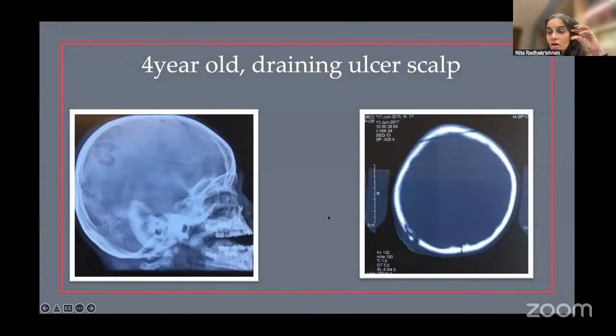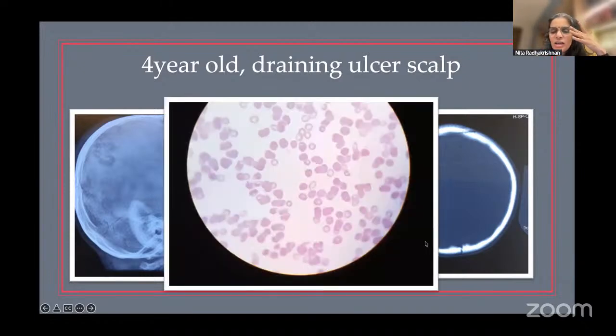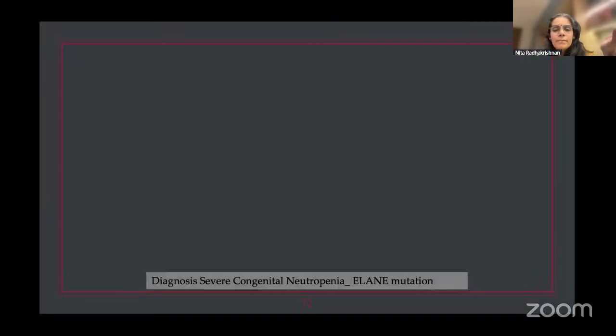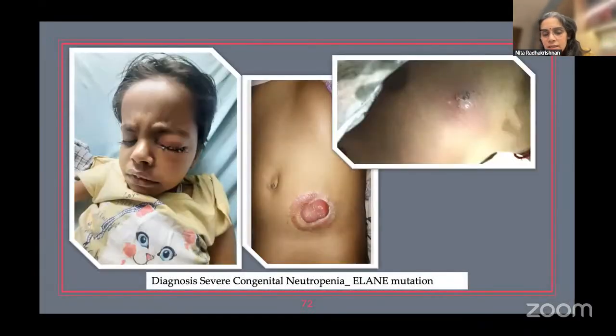Skin infections, chronic draining ulcers, are always abnormal. So you take out the pus and look at it. Here you can see that it actually became a chronic osteomyelitis because of that skin infection. This was also a Wiskott baby. Then severe congenital neutropenia: you can see those abscesses don't have pus in them because there is no neutrophil in it. It is just serosanguinous fluid that comes out, and when you culture it, some bug would grow out of it.